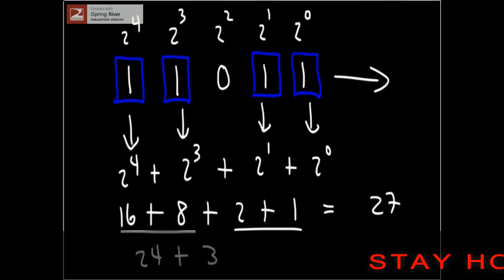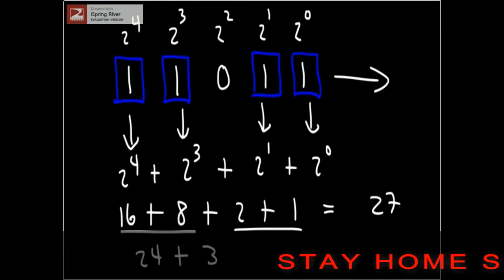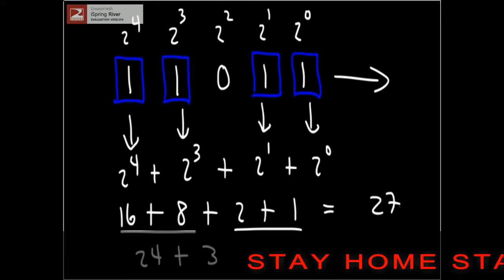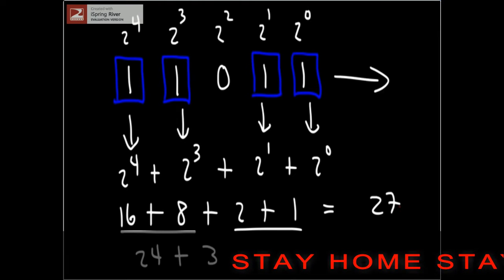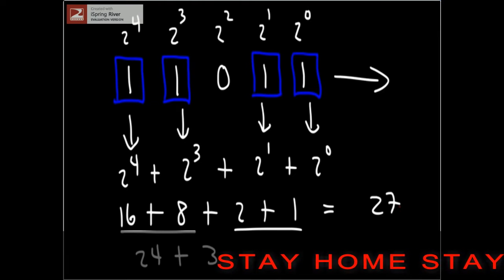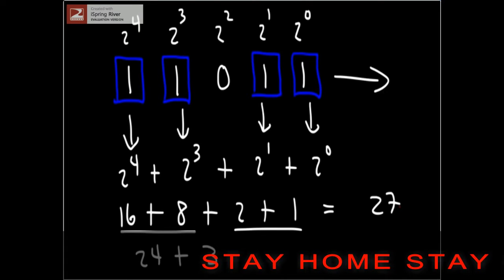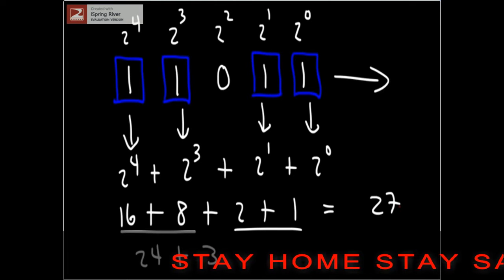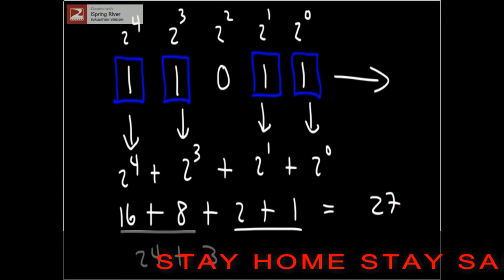Now next example, binary number 11011. Again we will write 2 with its increasing power from 0 to 4: 0, 1, 2, 3, 4. Now the values multiplied by 0 will be 0 and 1 multiplied by 2 power 0. The value of 2 power 0 is 1. So it will be 1.